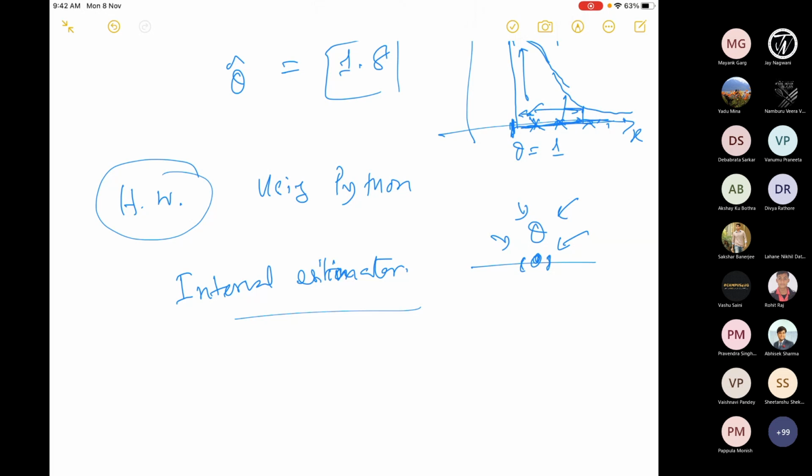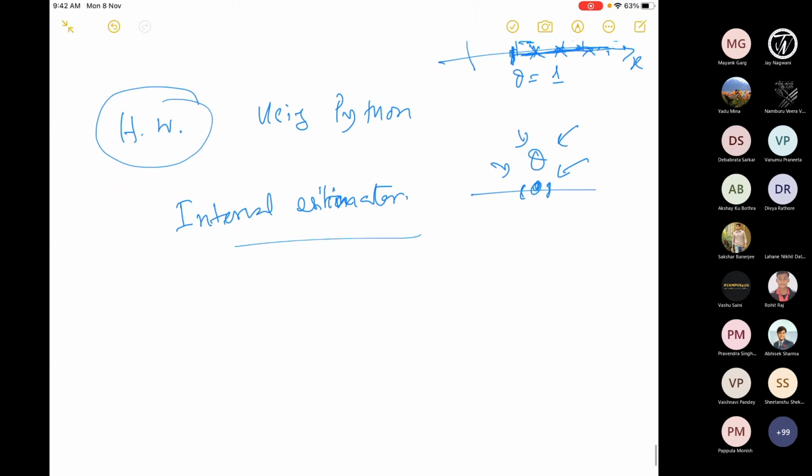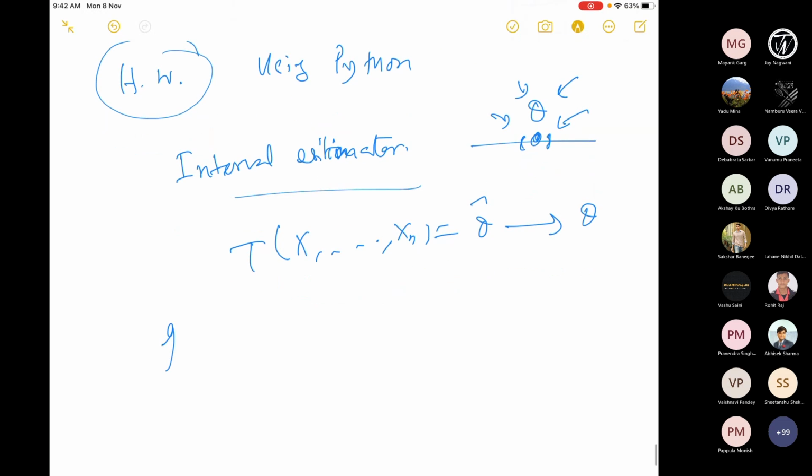Now, for point estimation, what we discussed before, I have to give an estimator, which means I have to produce a statistic, some T of X1, X2, Xn, which is theta hat, in order to estimate theta. Now I am looking for two statistics because I have to give an interval. So the idea is, given a random sample X1, X2, Xn from a population X, and a probability,